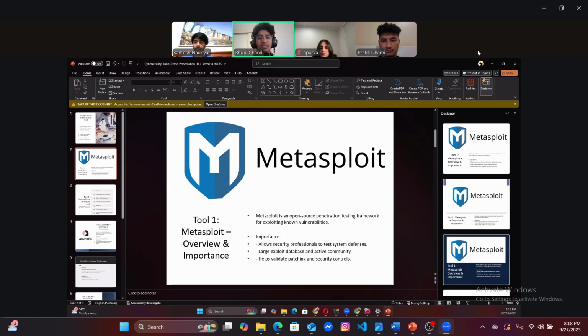The strength of Metasploit is its flexibility. It can integrate with tools like Nmap for scanning or with databases for automated testing. But it can be complex for beginners, and because it's so powerful, it has to be used ethically under proper permissions. In our demo, we'll quickly show how to launch Metasploit, pick an exploit module, set the targeted IP, and run a simulated attack to demonstrate how penetration testing works in practice. And for the next part, we have